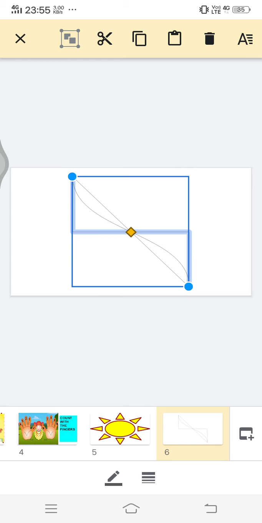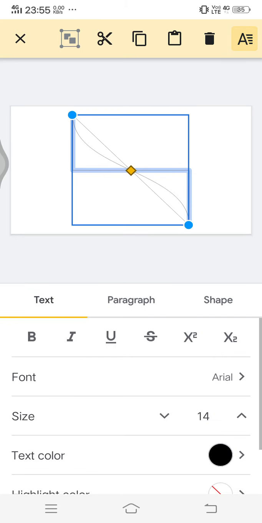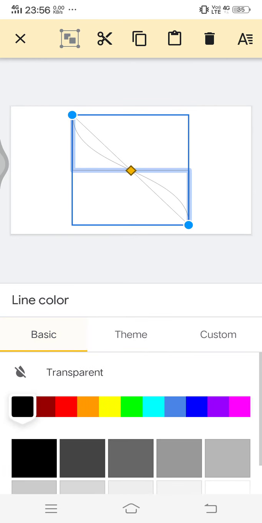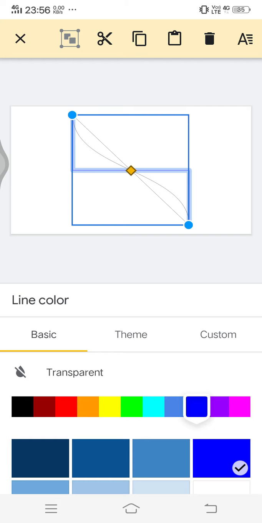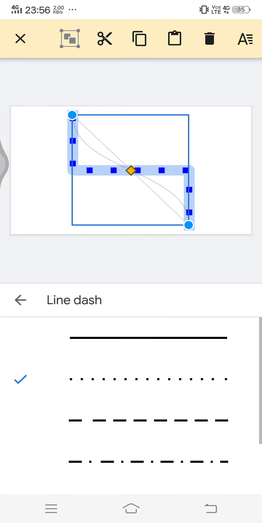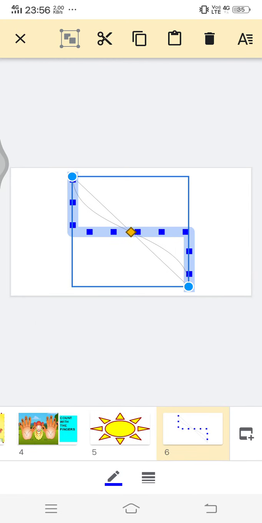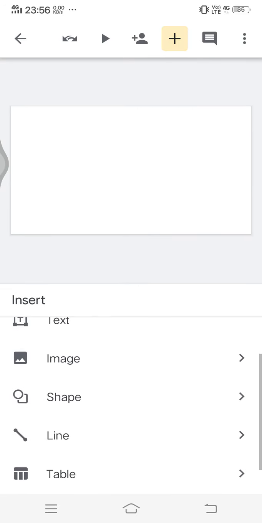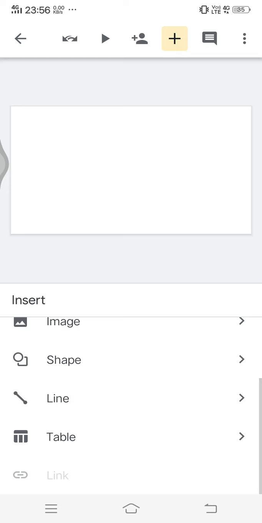Now to edit a line, you long press, get the A, or if you don't want this option, when you long press you will see it down itself. So you can choose like this, basic, add a color, press the back arrow, go to this border dash, make it nice and big so that it's visible, and that's it. So again, now let's see what more the plus symbol has for us. So we looked at text, image, shape, line.